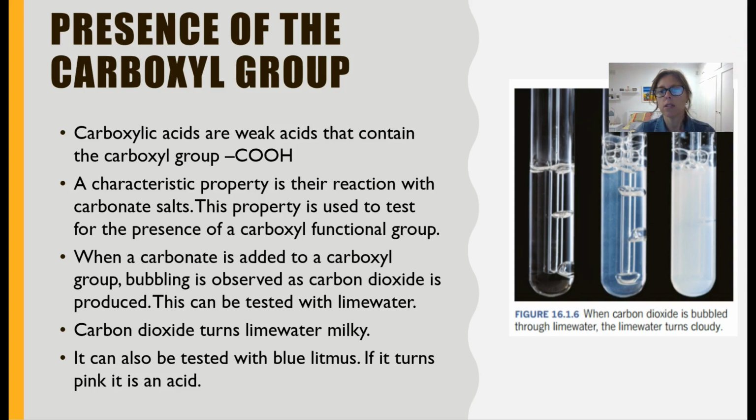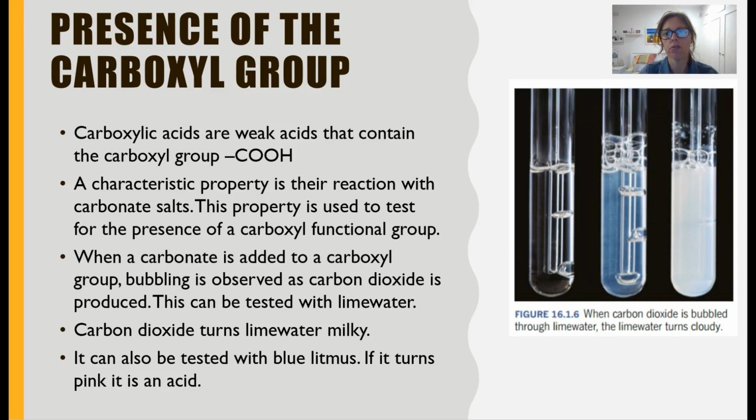So another type of test that we're going to look at is the presence of a carboxyl group. Our carboxyl group is that COOH that's present in our carboxylic acids such as ethanoic acid and so on that we were using when we were making esters. So they're weak acids. Now, a characteristic property that they have, being an acid, is that they will react with carbonate salts. So if we react it with a carbonate salt, we should get that typical carbonate reaction and the production